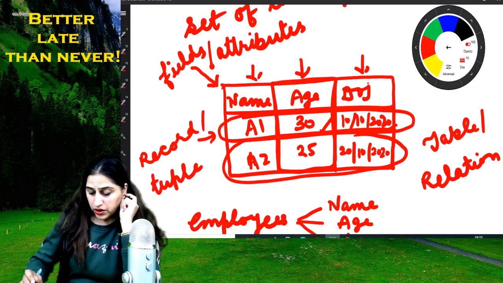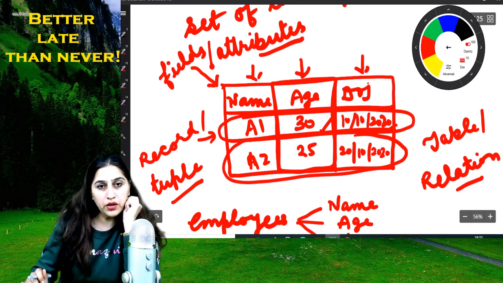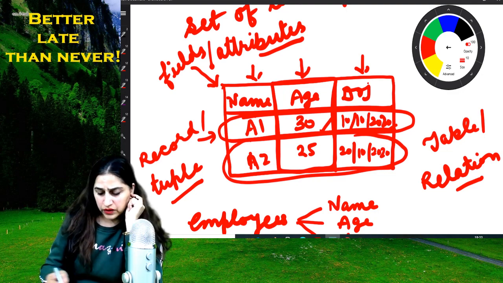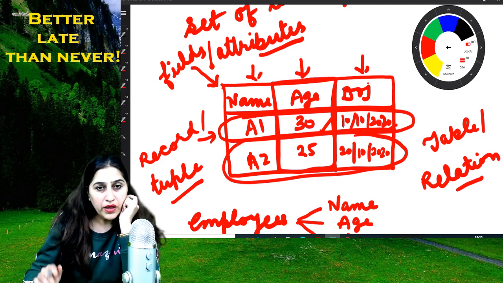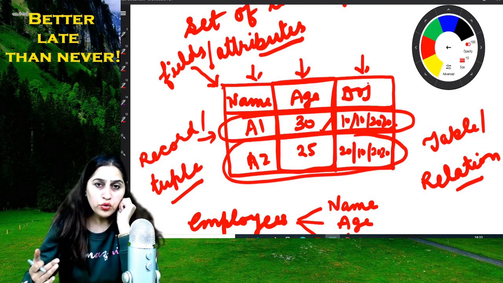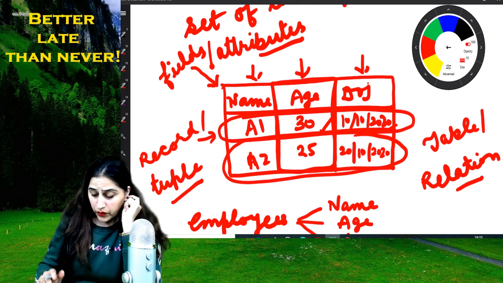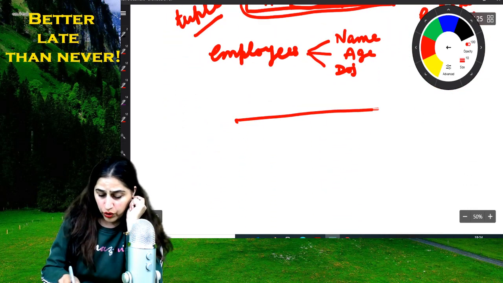This terminology, relation, attribute and tuple, is for particular computer. In general language we can say these are fields, these are records and this is a table. But this is only one table which contains the information of an employee, which is basic information like name, age and DOJ. Suppose according to our problem we want to store only this information of an employee. Later on we can add further information of an employee